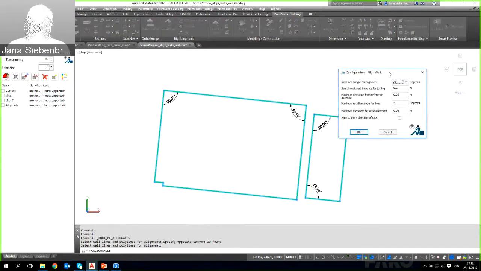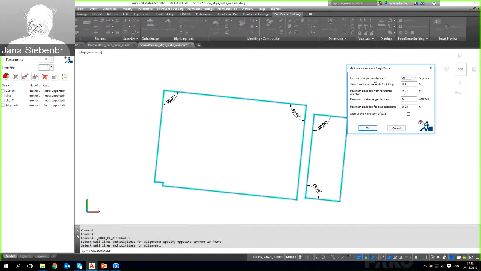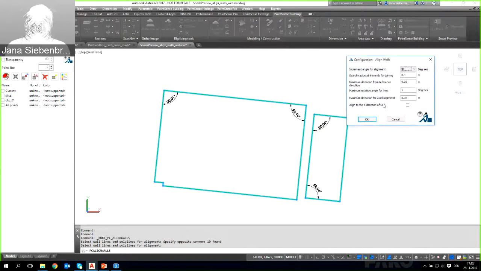enter to confirm the selection, and then here you can set increment angles for the alignment. The default selection is 90 degrees, but if needed, you could also apply constraints like 45 degree angles between the wall lines. You have various parameters to adjust the wall alignment. The maximum deviation for axial alignment of wall lines is especially of interest if you have scans of the outer side of the wall of a building, for instance. I would just hit OK here,